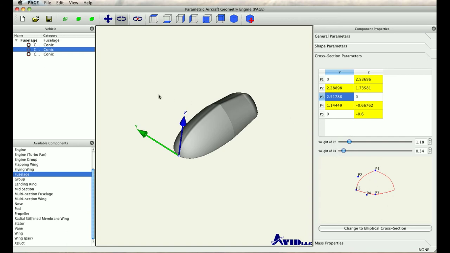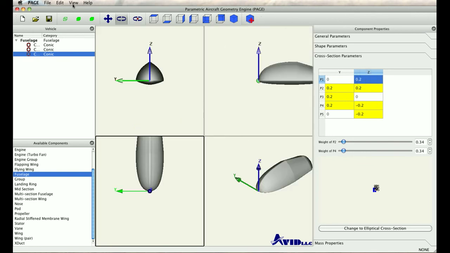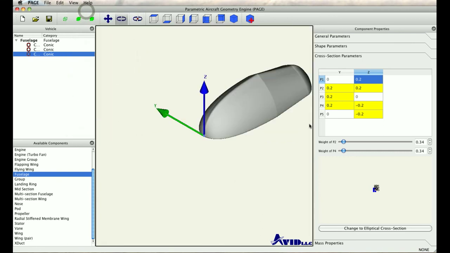All right, the last cross section is at the afterbody, and since the points are clustered together too much, I'm just going to type it in. Excuse me, sorry, I just changed the view. I'm going to change it back to single view. So P1 should be at 2.0 and P3 at 2.0. Okay, I'm going to grab P2 and also P4 and adjust its weights over here. So let's move